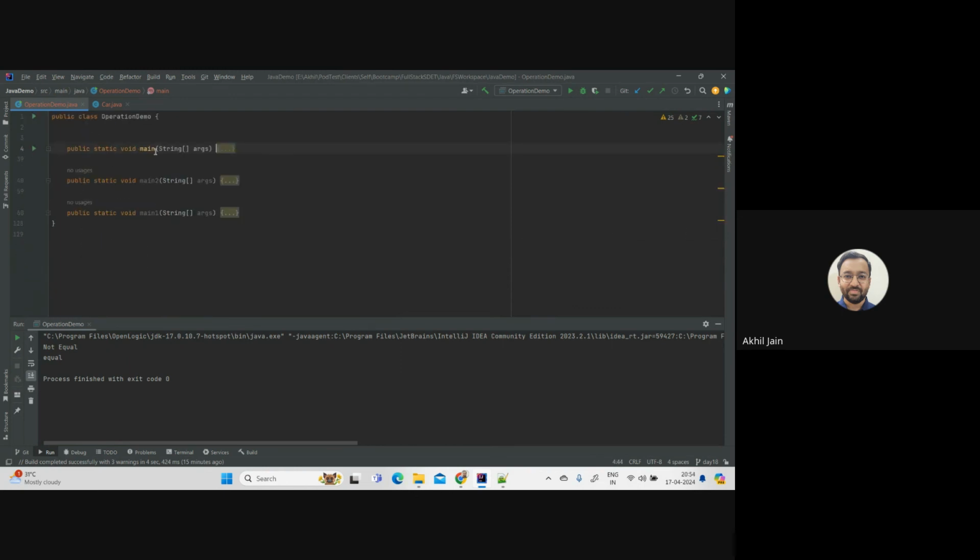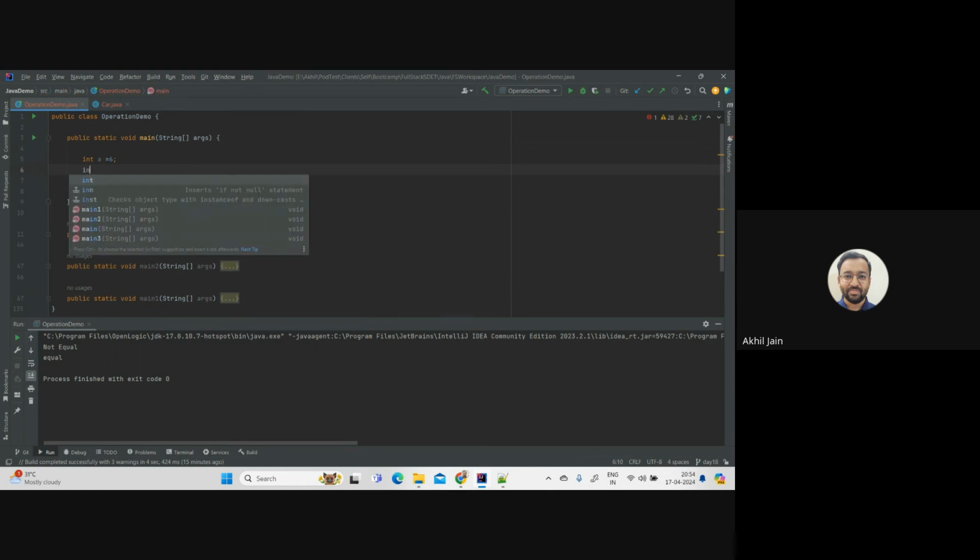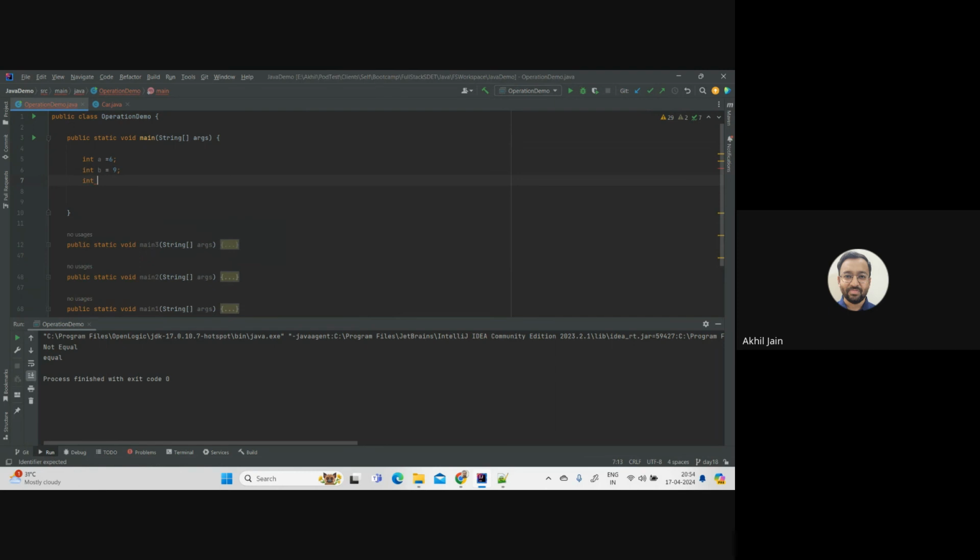Let me again expand, make this 3, and very quickly start with the fourth one. What I will do here is let me take some variables. Int a equals 6, let's say, and I will say int b equals 9, int c equals 5, int d equals 3. Okay, and what I'll do is I'll add an if logic. I will say if